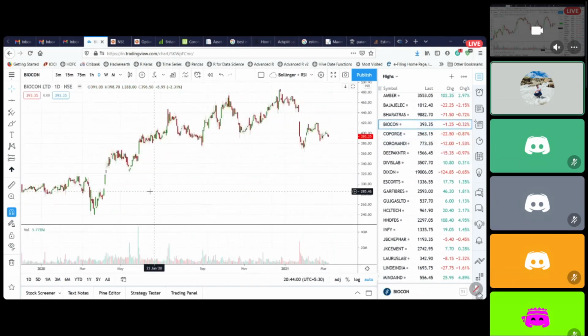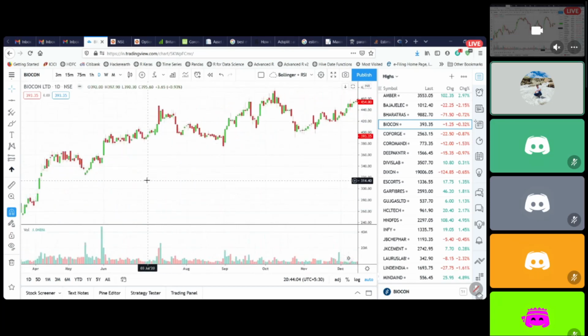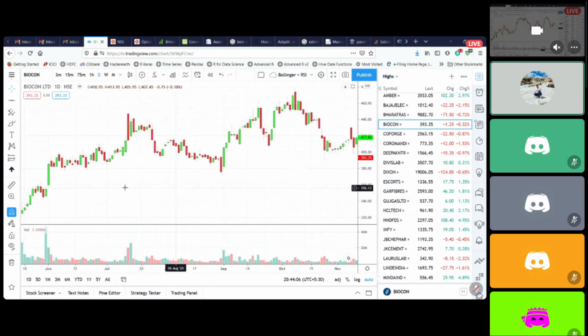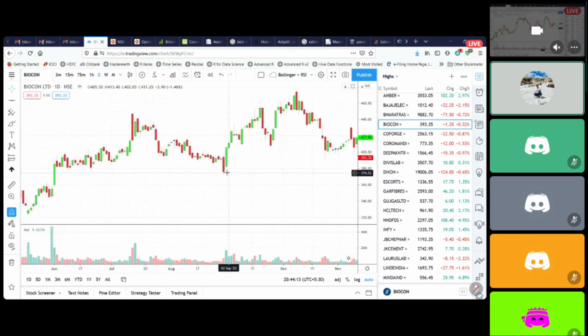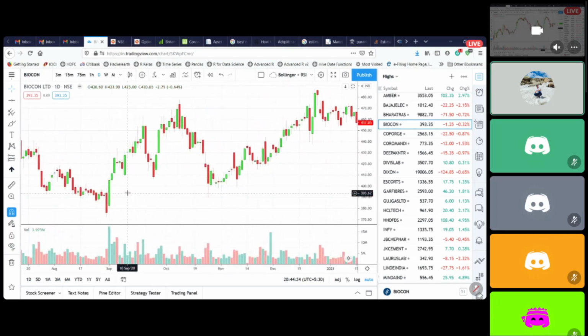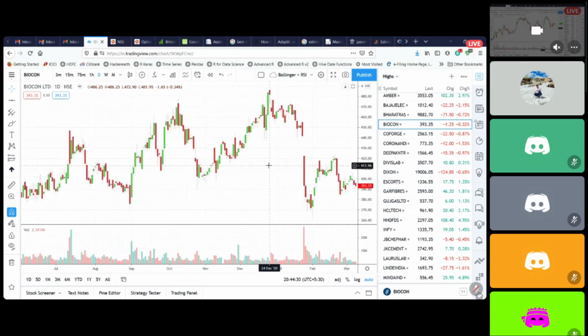I see Biocon also. Same thing, I think. Around the 400 zone. See, these were the highs, 445. And now it came here and gave this big green candle at 404. So from 404, take this long and book the target directly at 445. So it booked out here. So this was a trade in Biocon in September. After that, I didn't really take any trades in Biocon. So it's just sitting there.